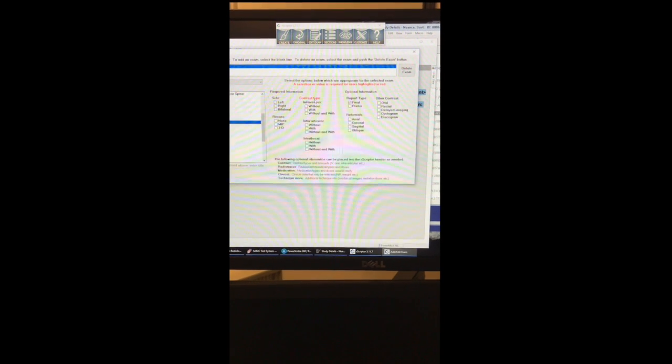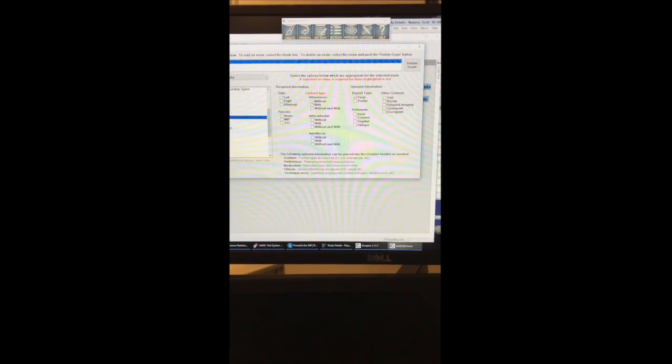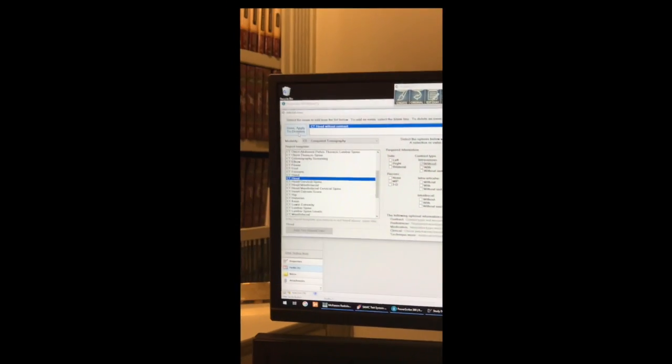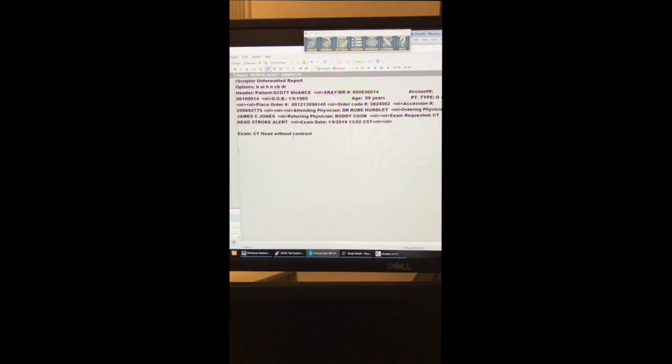And this is also in red, so I need to check that without. Okay, done, apply to dictation. Okay, so now it knows this is a CT head without. Okay, so then